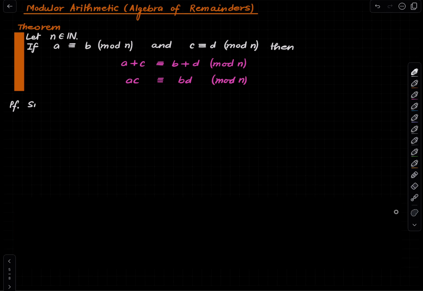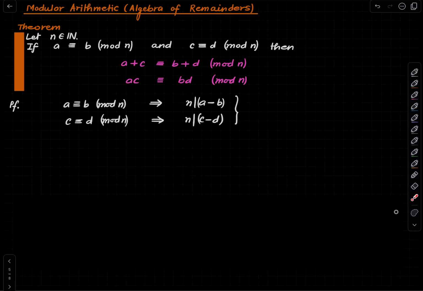So since A is congruent to B modulo n, or maybe I'll be a little bit brief in my writing, this implies n divides A minus B. The second one implies n divides C minus D. And now if we just add these two, n will divide that also. If n divides this and that, n will also divide their sum. So therefore we get